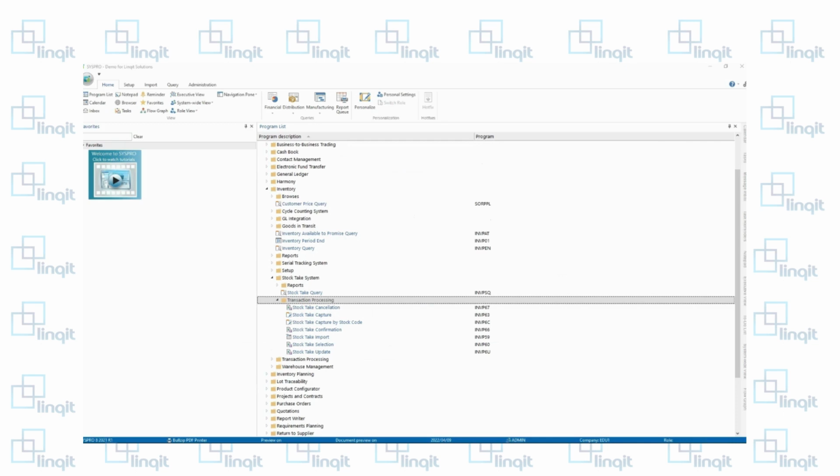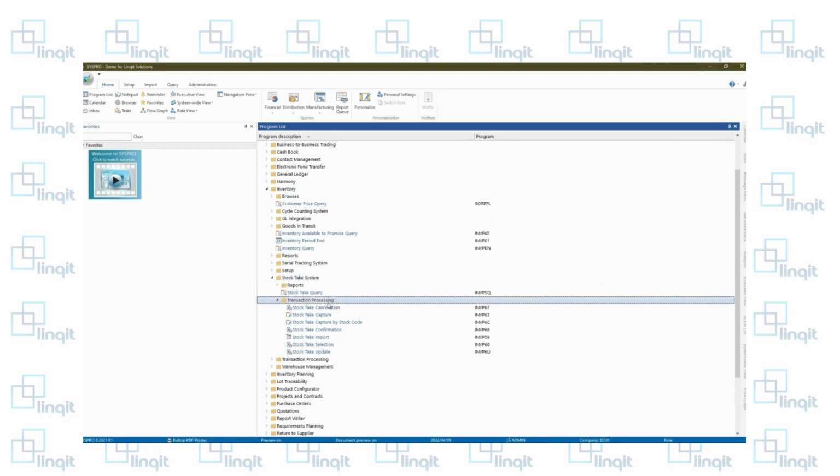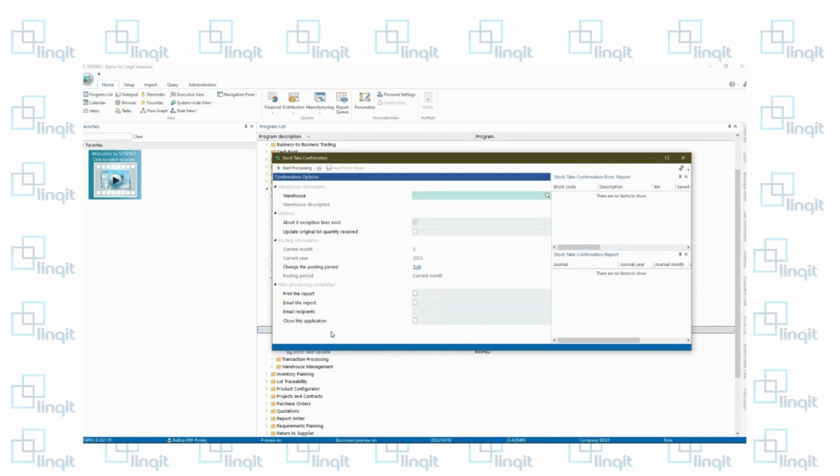Once all the counting has been completed, and once the manager in charge of the stock take is satisfied with the final tallies, they will then run the stock take confirmation program, which is found under transaction processing under the stock take system. For a quick recap, click on inventory, stock take system, transaction processing, and there is stock take confirmation. The stock take confirmation program will then replace the quantities on hand values in the warehouse file with those that have been captured. So we run it, enter the warehouse that we're doing a stock take for,